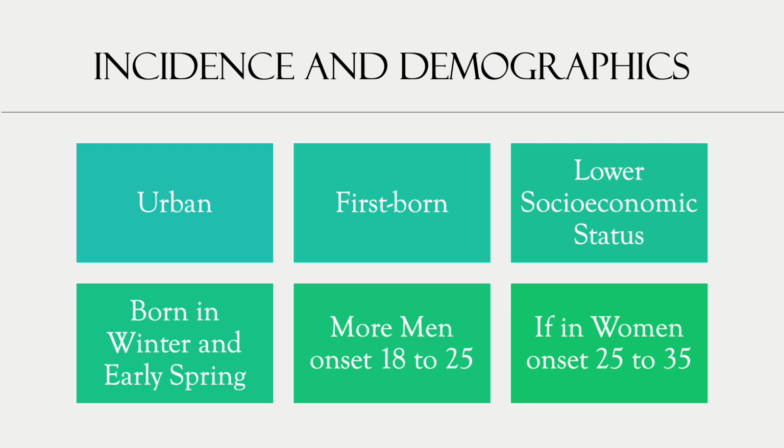Women's age of onset is 25 to 35. They usually have less premorbid dysfunction than men, usually experience more dysphoria than men,